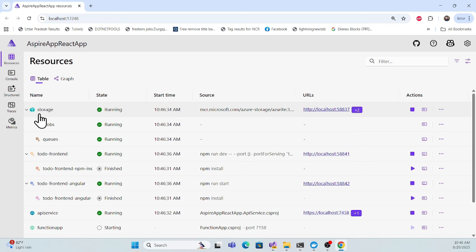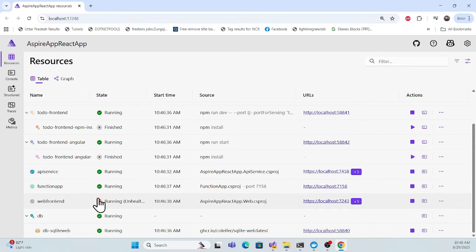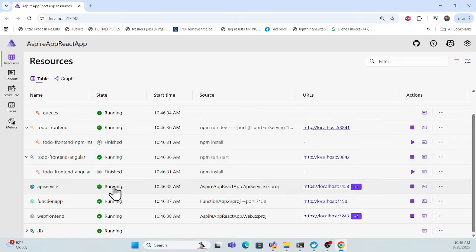Okay, now storage, now see storage is running perfectly, there is no issue. Even, yeah, front end is still unhealthy, now it's healthy, right? So yeah, I think all that application is perfectly working fine. So now let me test it, and for testing, what I'll do,